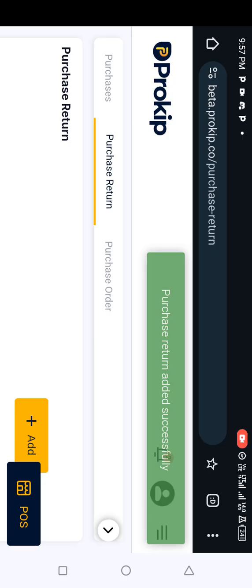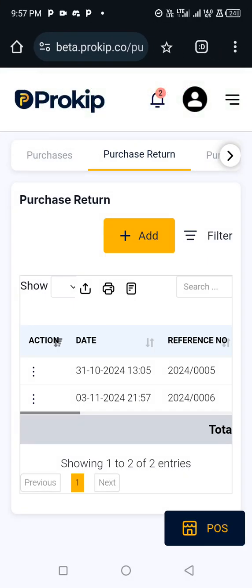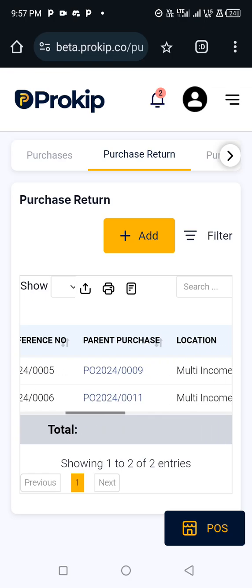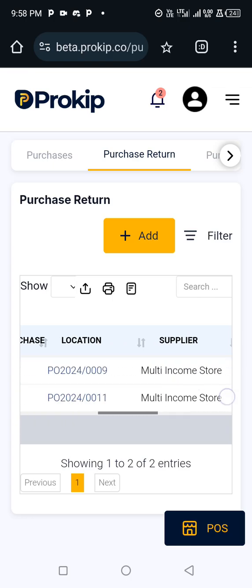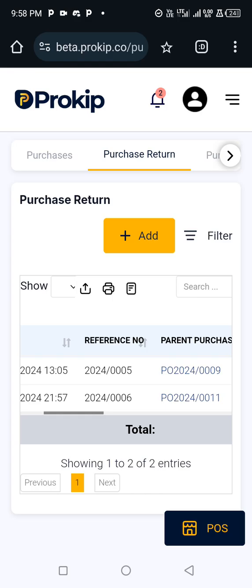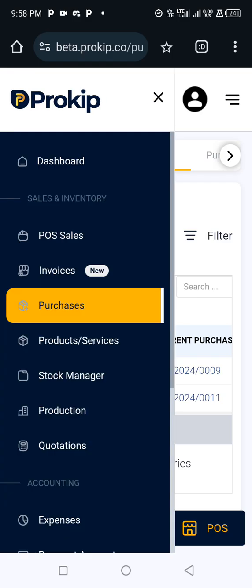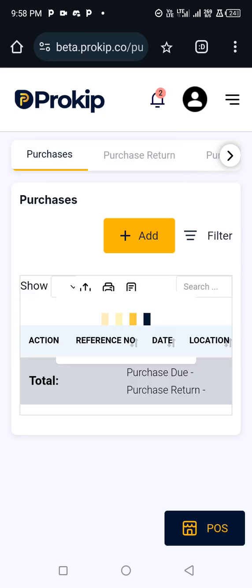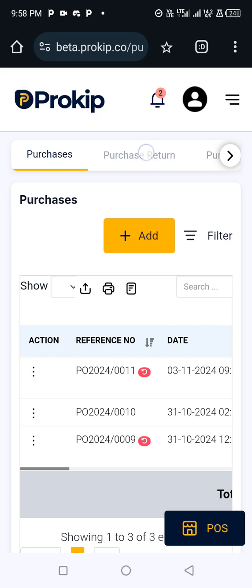The product will be taken from the stock because we are returning the product to the seller. So when you return the product to the seller, you are going to get your money back. So how do you record the purchases return to show that you have collected the money back? So you go to purchase return. How do you get there? You click on the menu, click on purchases, and then you will see purchase return at the top. You click it,